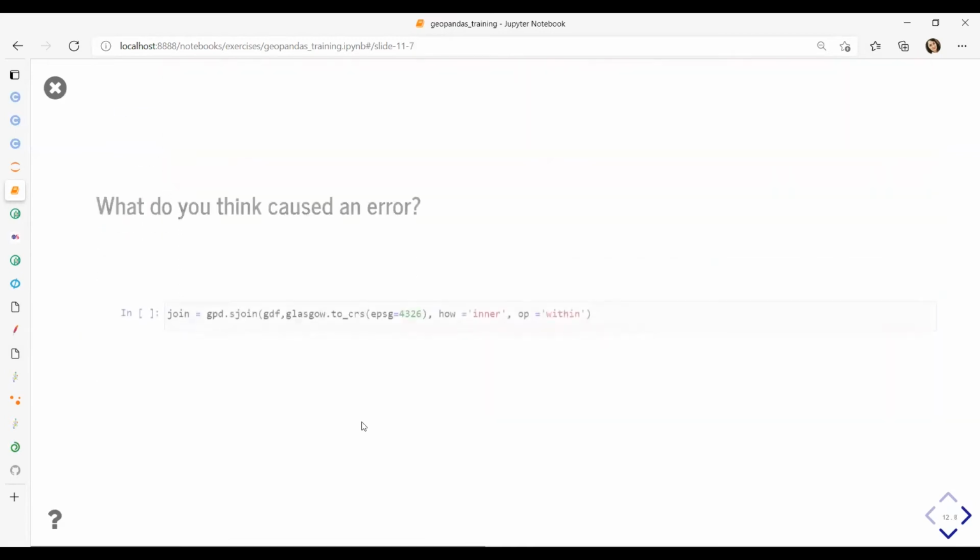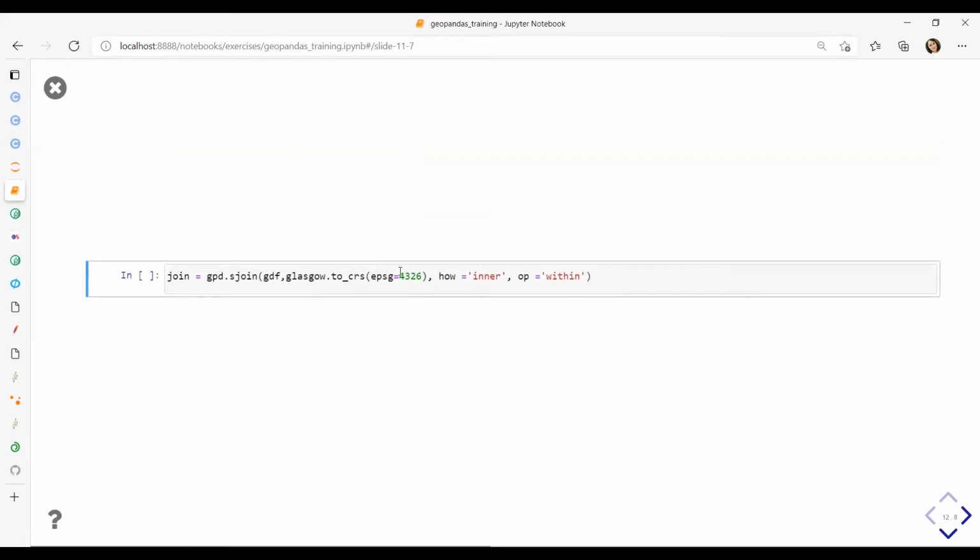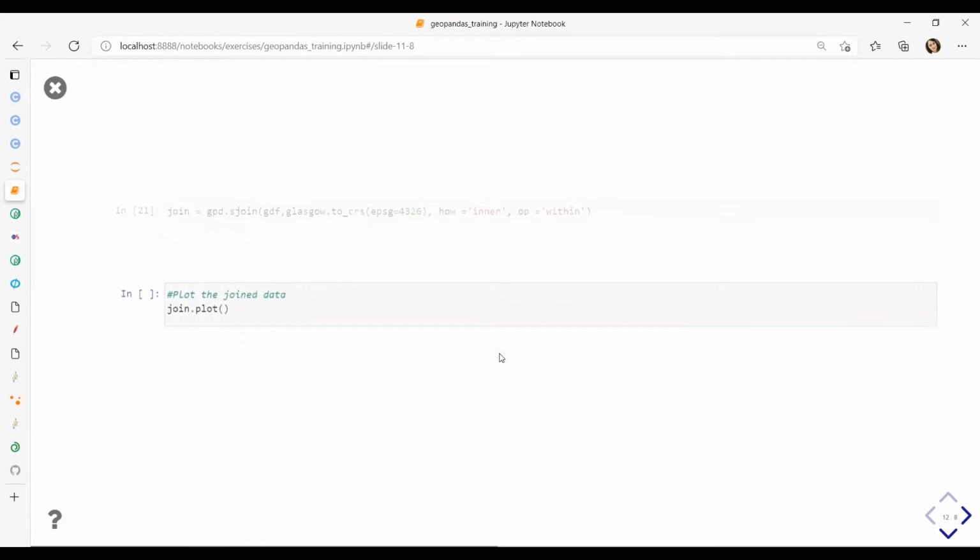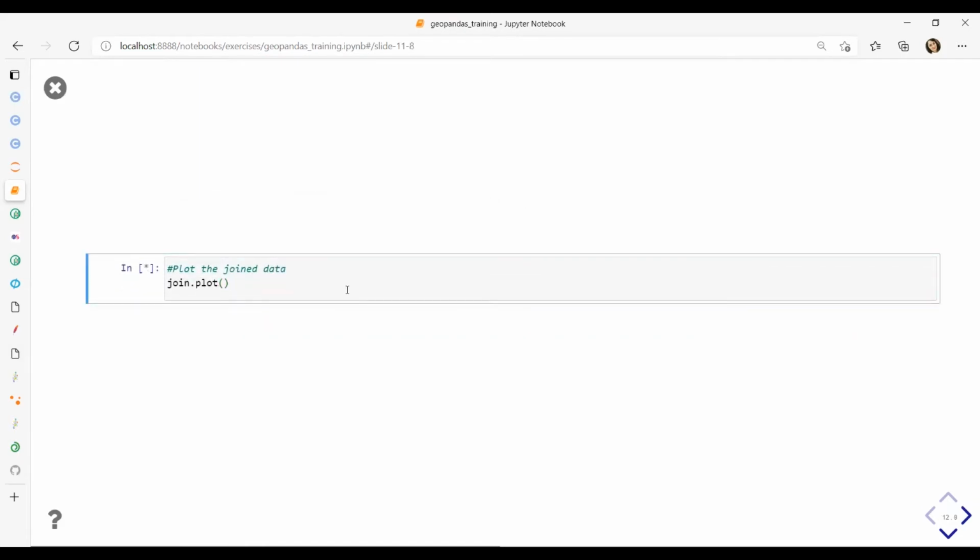So what we need to do is to project one of the layers to match the projection of the other. Let's run it. It might take some time if you run it on your computer. Again, to remind you, we are going to select all the job ads within Glasgow. Let's have a look at what we've got.